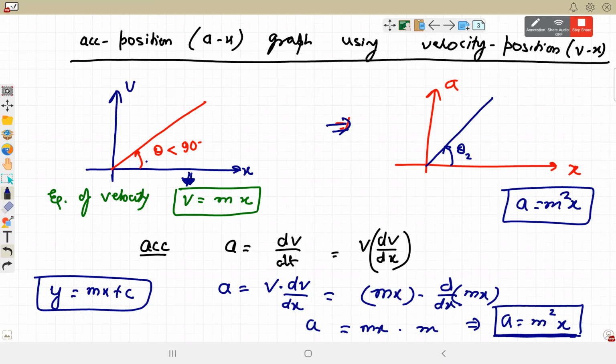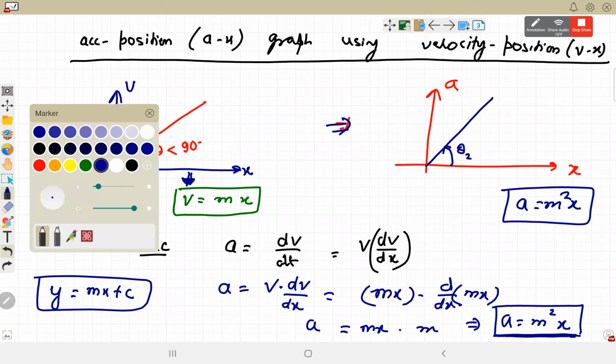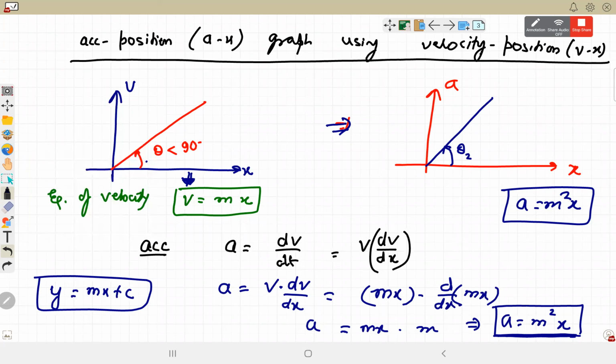Vx ग्राफ को यहाँ पे BX ग्राफ से AX ग्राफ में चेंज किया. Nothing has changed. It is exactly same. Only difference will be this angle is slightly changed. Slightly changed means tan theta 1 and tan theta 2. स्लोप पहले m था तो अभी स्लोप हो गया m स्क्वायर. बेटा किसी को इसमें डाउट हो अभी फिर से पूछ लो, बिकॉज आई एम गोइंग टू गिव द नेक्स्ट क्वेश्चन